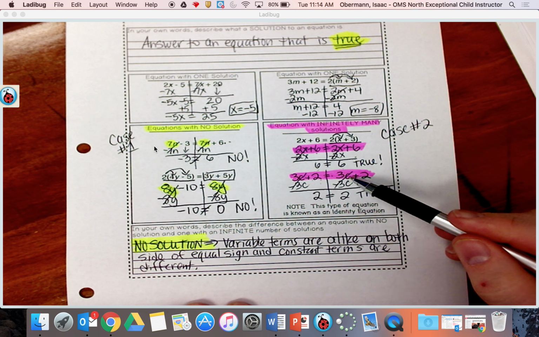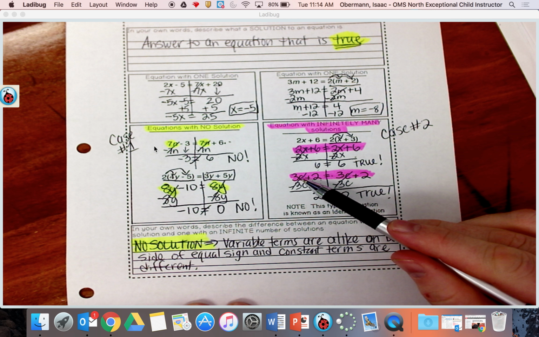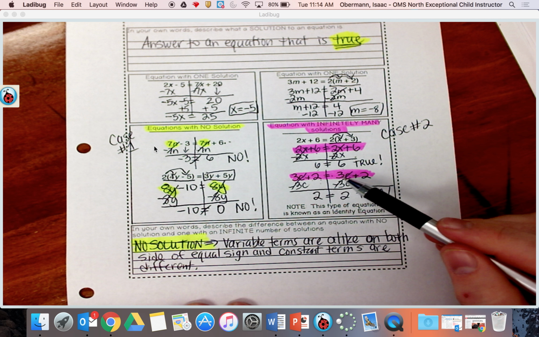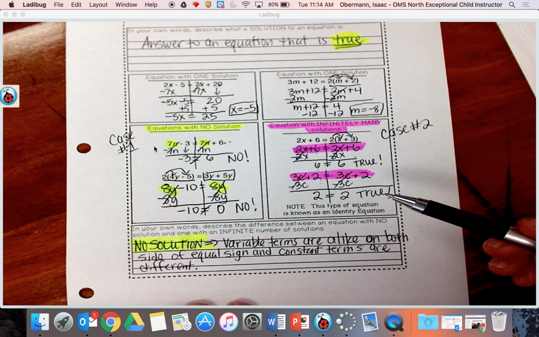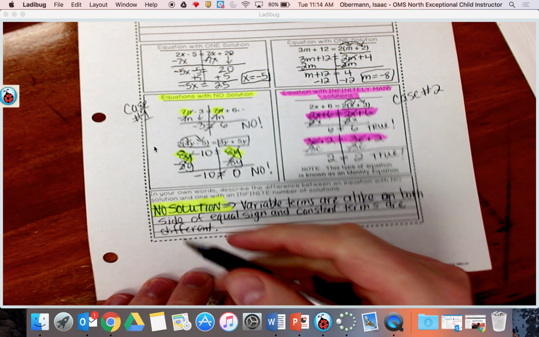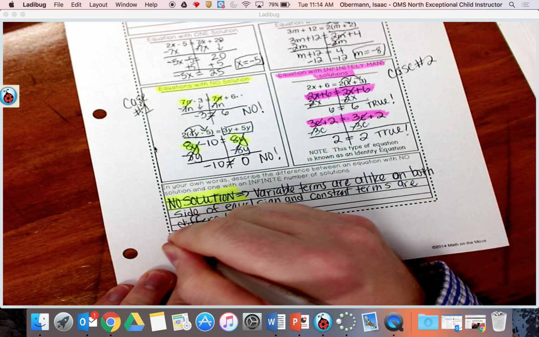If I wanted to put a 5 into here, 3 times 5 is 15, plus 2 is 17. It works out both ways. Okay? So if we write our definition down here, an infinite